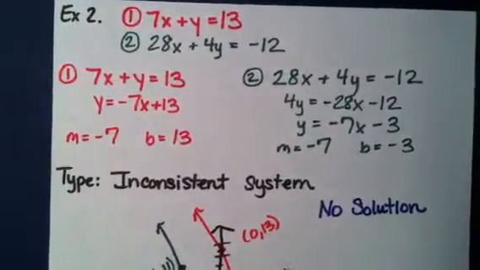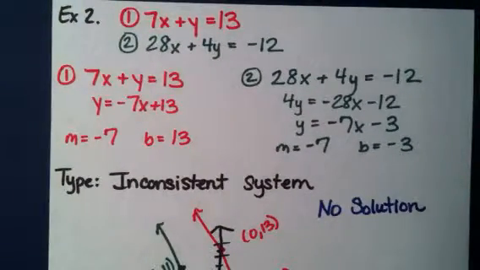Example number 2, we have 7x plus y equals 13 and 28x plus 4y equals negative 12. When we convert the first equation, 7x plus y equals 13, we get y